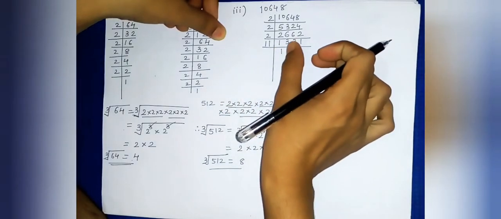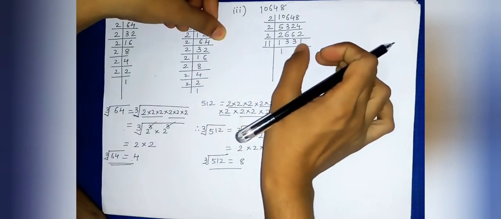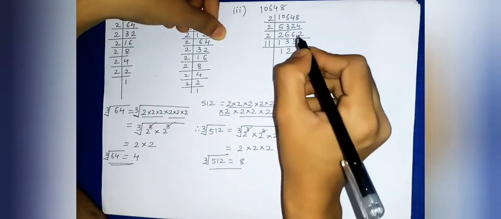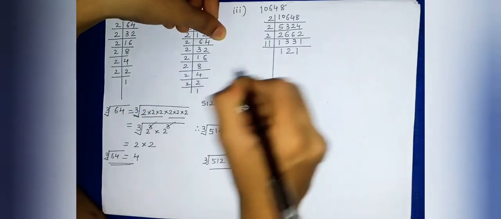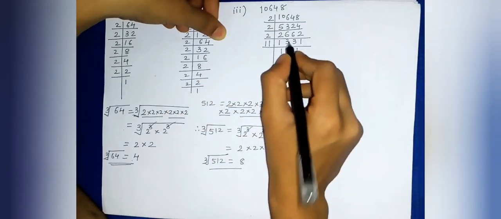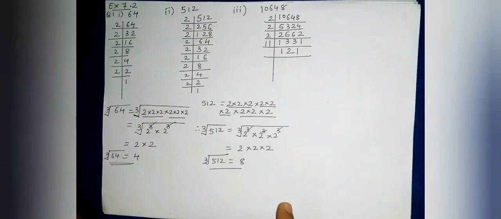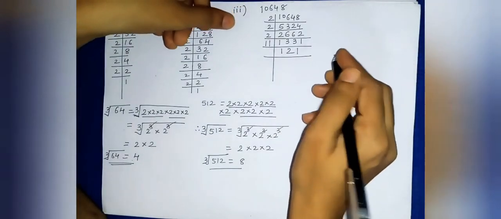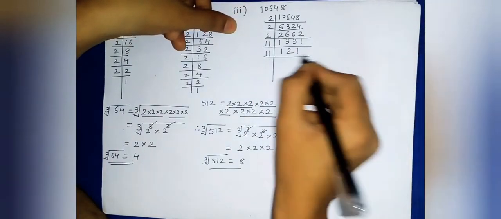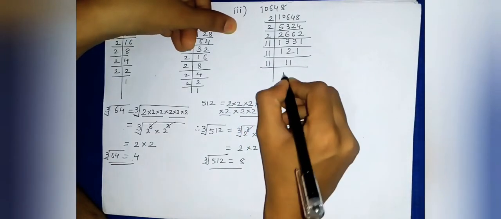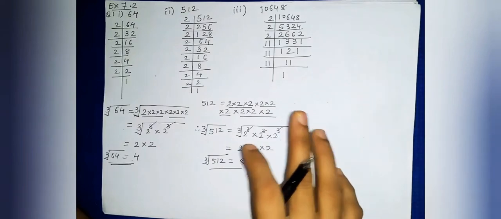Now here 13 is there, so 2 left, so 2 3s, 23, so we have to take 11 2s are 22. Again 1 left, so 11 ones are 11, so 11 121s are will be this, so this we will get. Okay, you can divide and check. Now 121 is 11 square, we know that 11 11s are 121, then 11 ones are 11. So these are the factors.